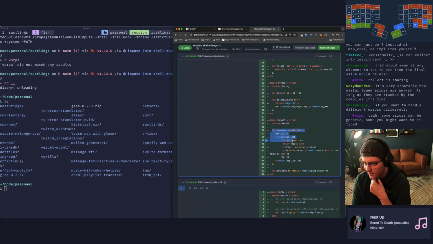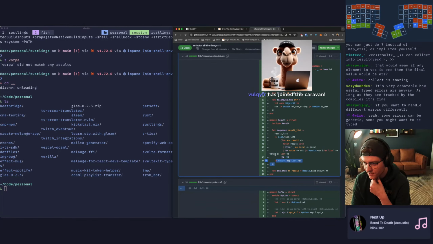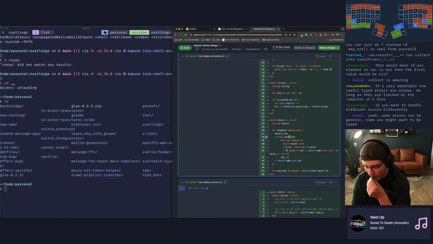Right here, sequence. That collect function just did this for me. You take a result list, we fold it, we accumulate it. If we hit an error, we basically just use that error the whole way out. And if we get an okay, we accumulate it into a list, and then we reverse the list.